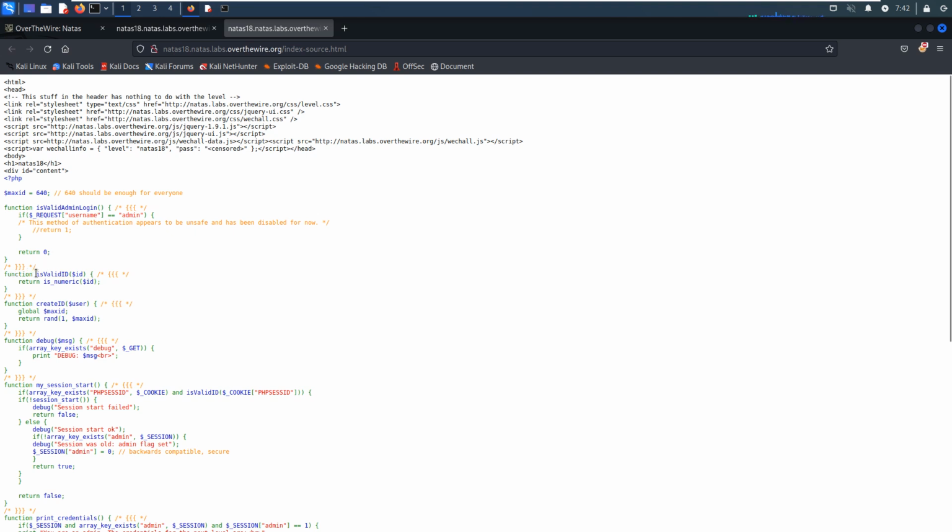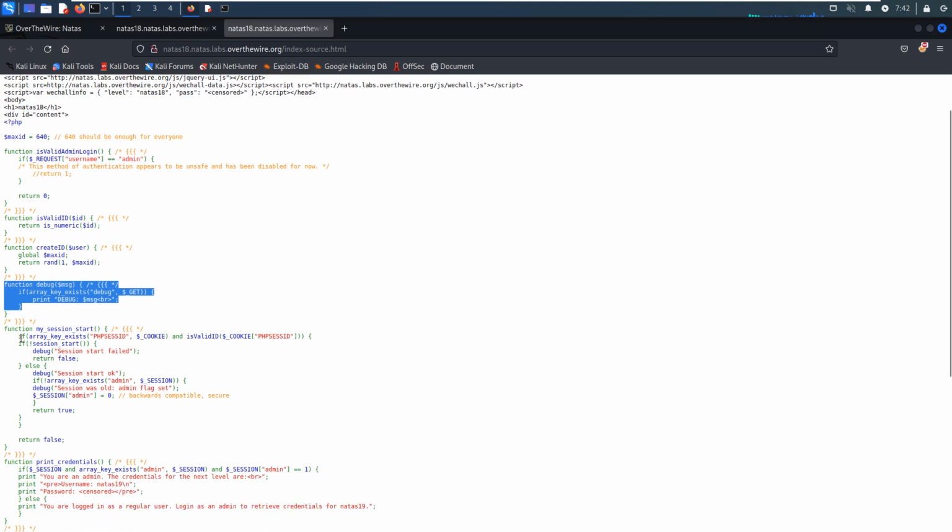Then the function isValidID checks whether the ID is digits or not. Then we define the function createID, and this ID comes from a random number between 1 and 640.